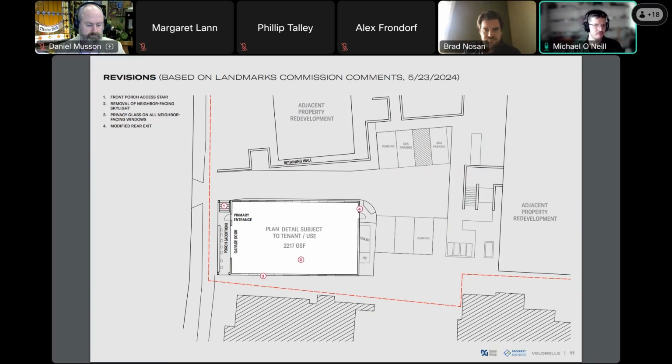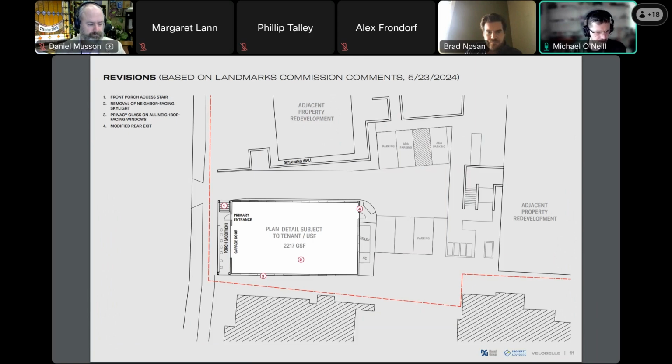And in doing so, we realized we had to figure out where the second exit was going to be. And also, if we're going to provide a front door here, it's pretty high up, so we need an ADA entrance. We think the best place for that is in the rear, just because there's no room for a ramp on the front of the building without doing some sort of major modification. So we incorporated that. We're highlighting that here, and also starting to get into where trash will be, where the AC unit might be. And then we modified that front porch to be accessible from the sidewalk and from the existing drive lane.